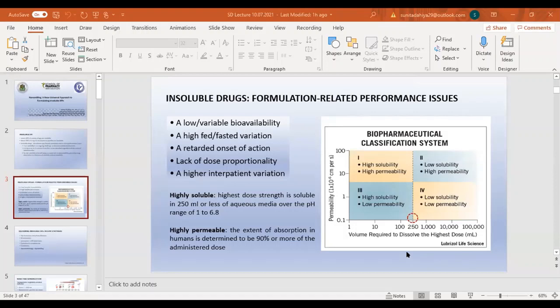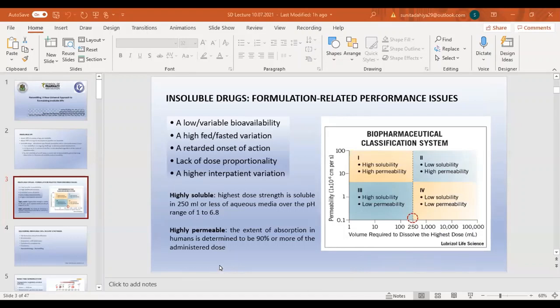When the companies file the ANDA, or for the reformulated drug when they file the applications for the marketing of the dosage form. Now, this classification was based on solubility and permeability, and it uses the terms high solubility and high permeability. So what is high or low is a qualitative term. So how can you define it in terms of a numeric value as per the BCS classification?